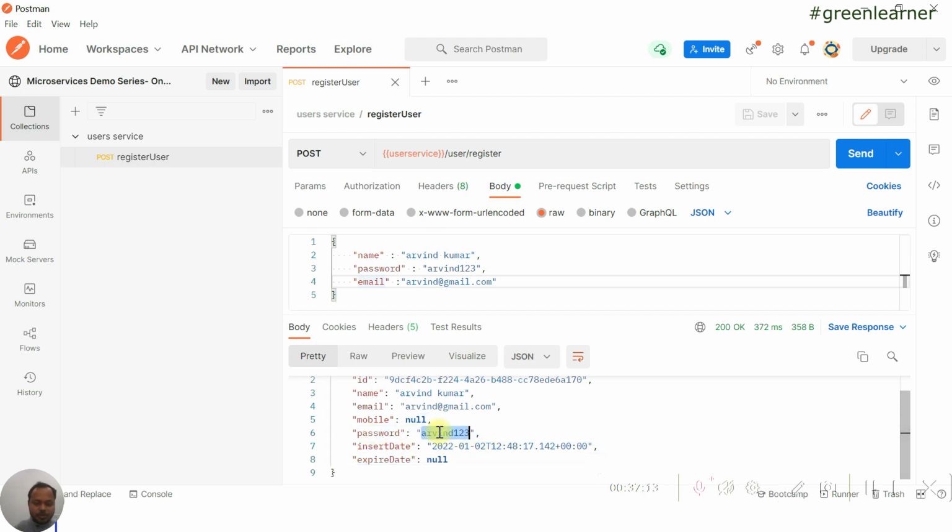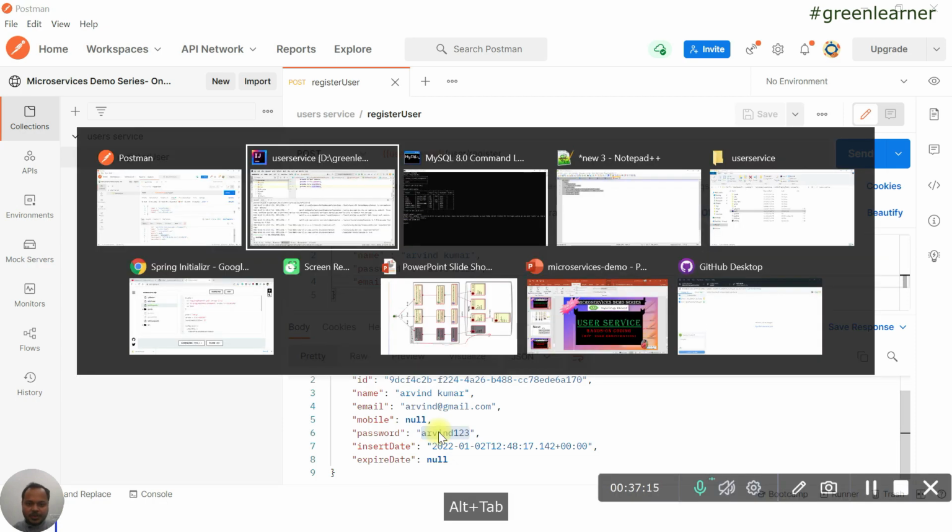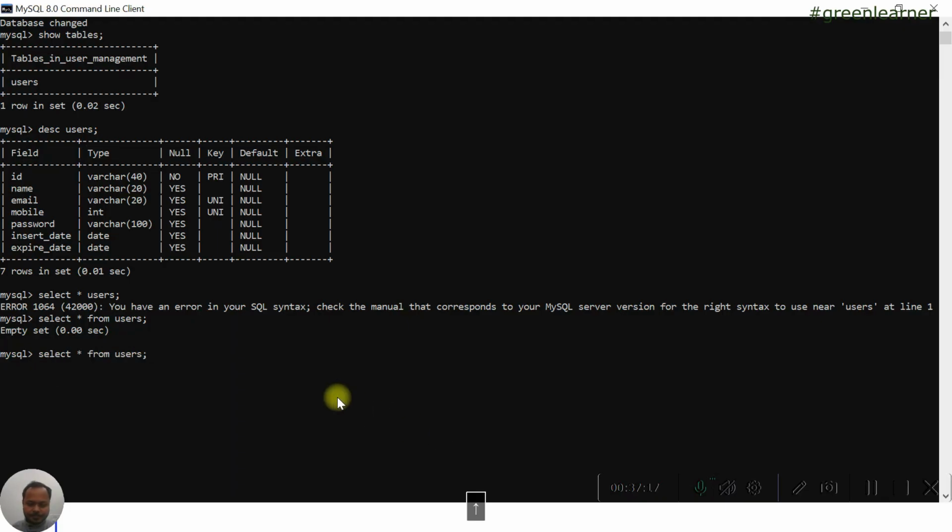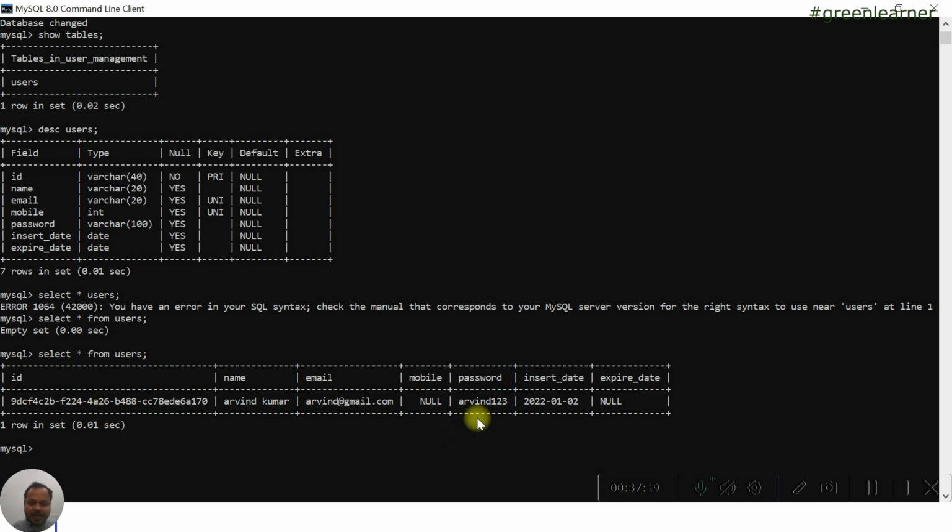If I show you the table, you are getting the id and the password in plain text. It's a big no. Password must not be in plain text. I'm going to explain that in the subsequent videos. But the main target, that the user can register with the system, we got working here.